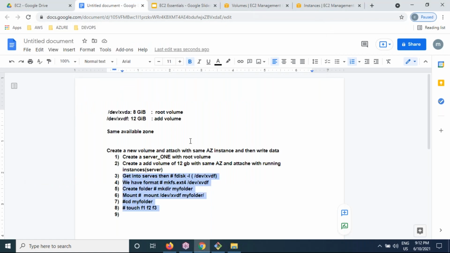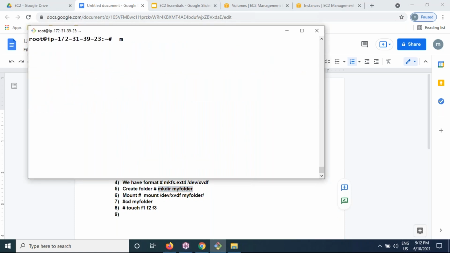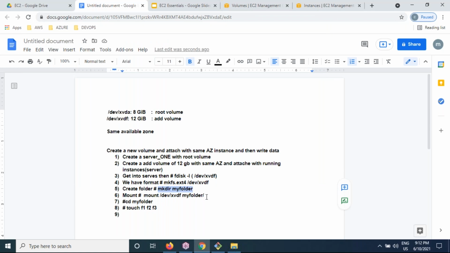After formatting this, what do you need to do? mkdir, make directory, which creates a folder, myfolder. If you execute this command, the folder will be created.